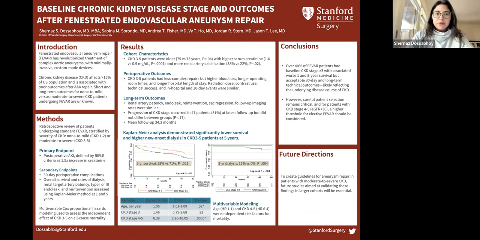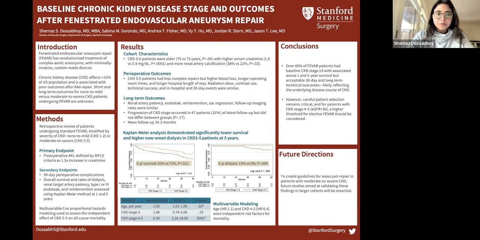Fenestrated endovascular aneurysm repair, or FEVAR, has revolutionized the treatment of complex aortic aneurysms with minimally invasive and custom-made devices. Chronic kidney disease, or CKD, affects greater than 15% of the US population and is associated with poor outcomes after abdominal aortic aneurysm repair. Short and long-term outcomes of none to mild versus moderate to severe CKD patients undergoing FEVAR